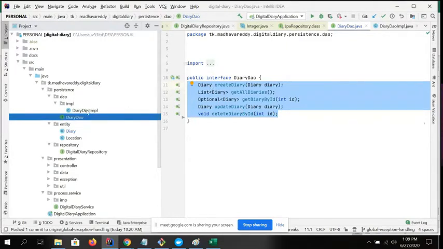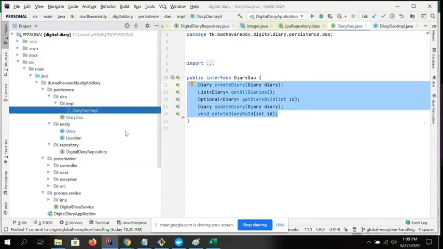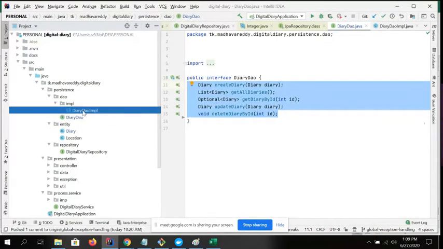You can use a DAO layer, and if you don't want to use a DAO layer, you can directly use a repository, as already repeated a few minutes back. And if you continue with the DAO layer, you can also directly write a class. But my preference, as it is a Spring Boot application, is that you have an interface and then an implementation.